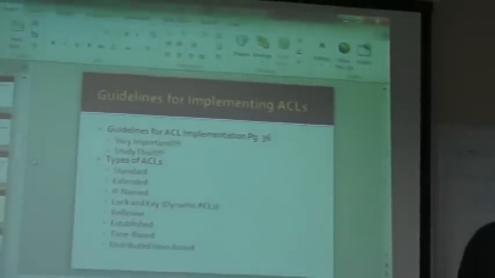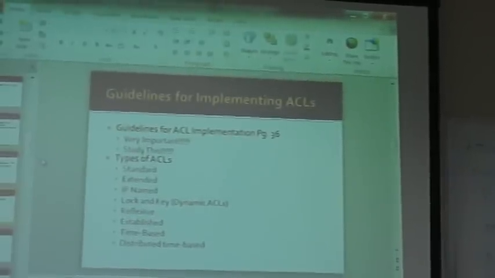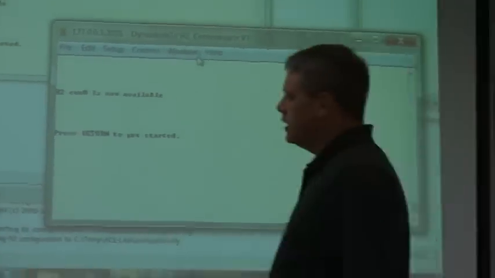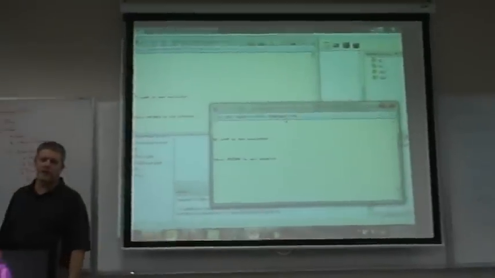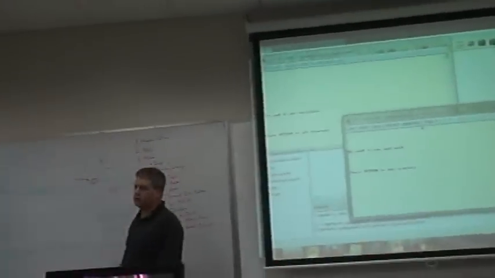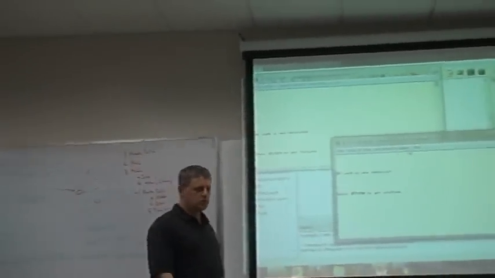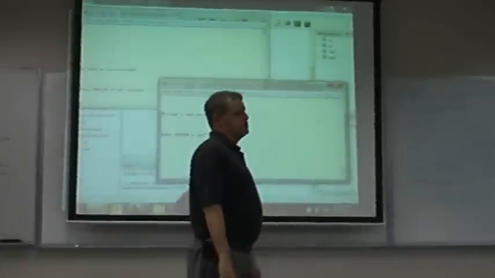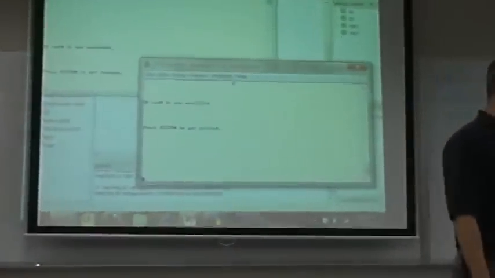First thing we're going to do is implement a basic plain Jane inbound standard ACL on R2's S10 interface. And we're going to deny IP. We're going to break the network. We're going to break OSPF. So, here's how we do that. On R2,